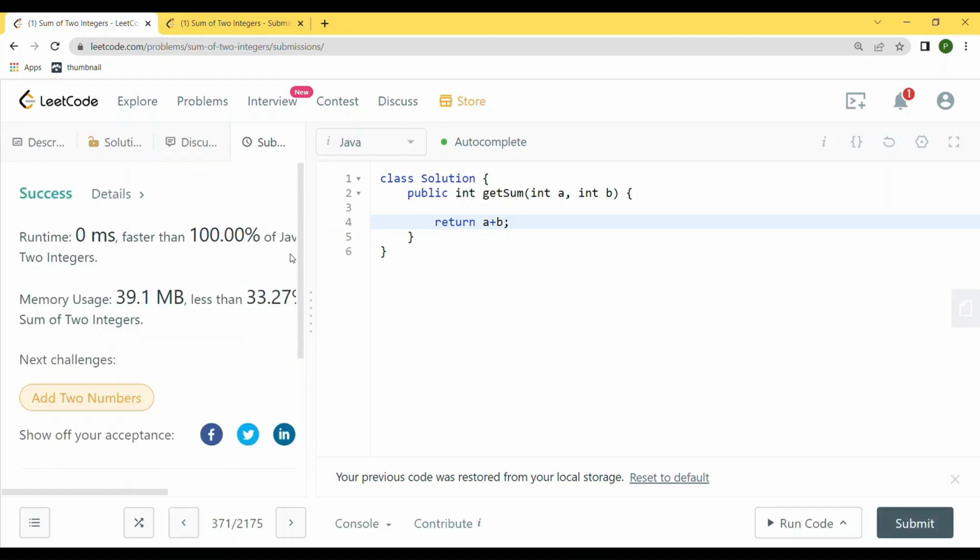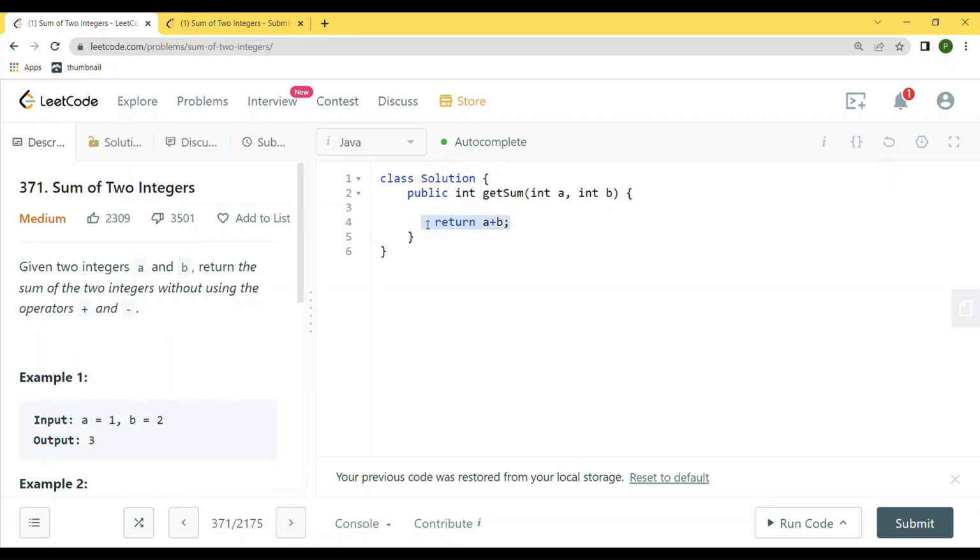Yeah, but this is not what we want. So we would be writing the complete solution that we would use in an actual interview. So first of all, we will create a while loop to see if the value of carry is actually 0 or not, and we are going to store the value of carry in the b element. So while b is not equal to 0,